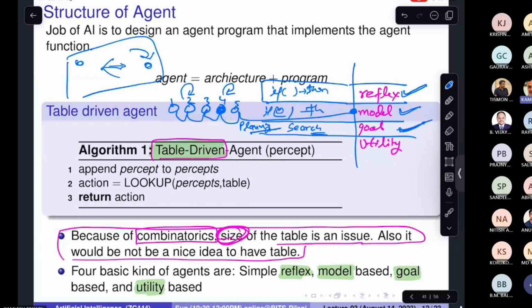The fourth one is the utility-based agent. If you make a goal-based agent, the problem is the same one we talked about a few minutes back: I want my agent to be a good agent, so where is it going to put its effect on the environment? It may be a very good agent, like a very rich person, but may not be a good person. This agent can solve your problem, but it is not a good agent because it is not having a good effect on